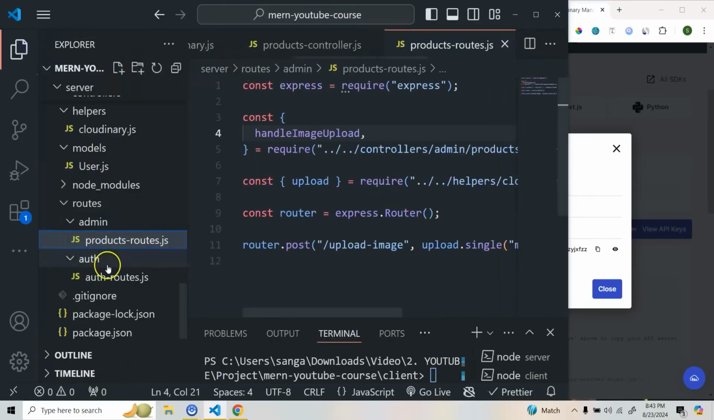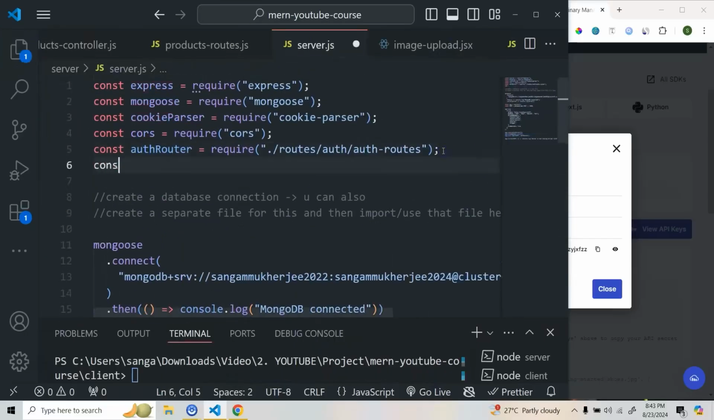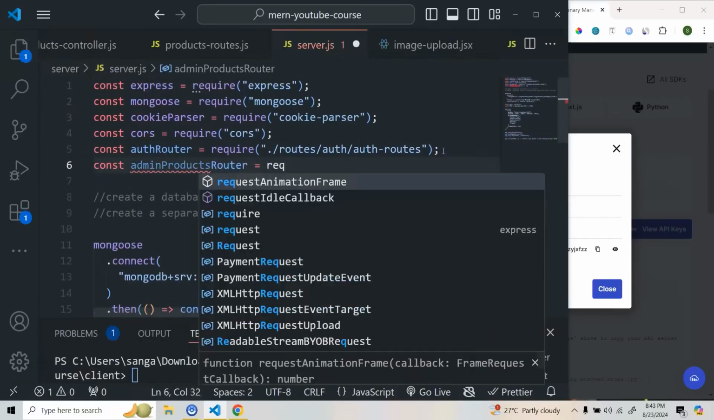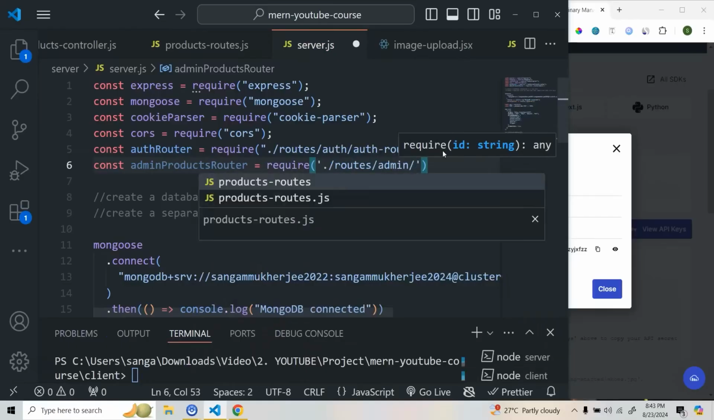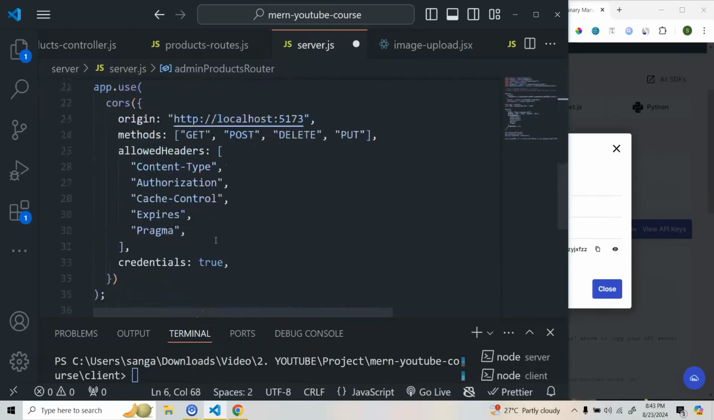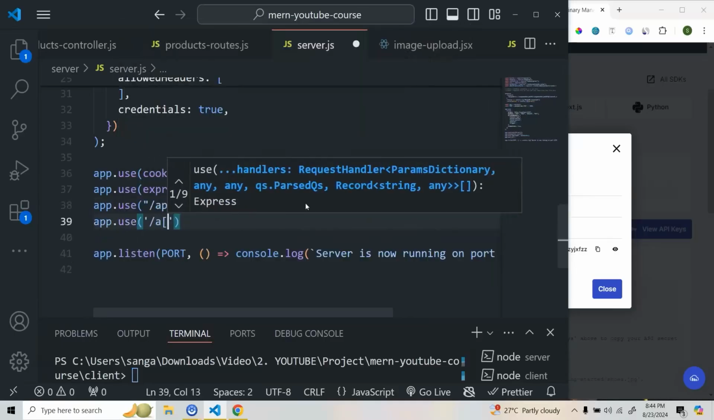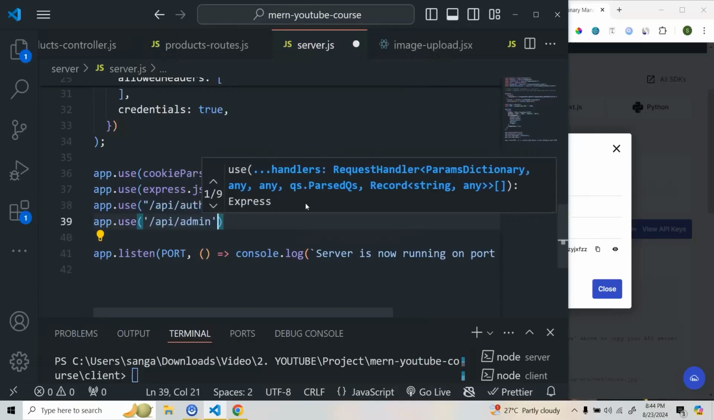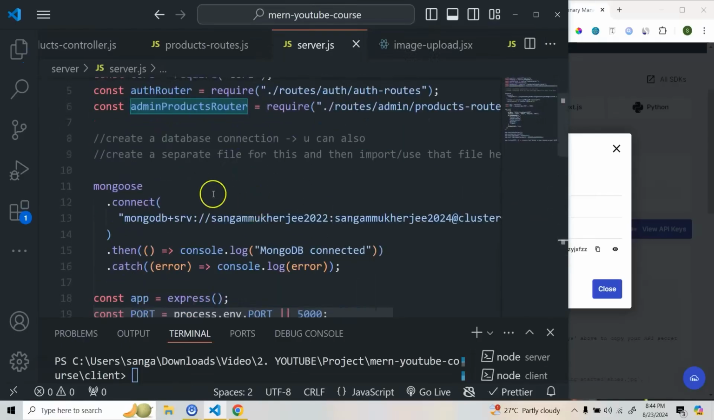Now once you've created this, again the same process, we need to go to our server and we need to call this. So we will give this one the name admin products router. Okay, and this will be require. So we'll go to routes, admin product routes, and let's do app.use, so this will be /api/admin, and then for this one /products, correct, and for this one we're going to use this admin product router. That's it, and this is done. All right, now once